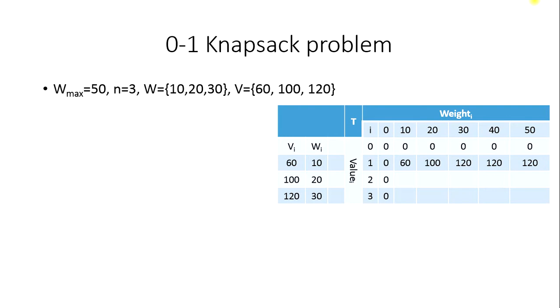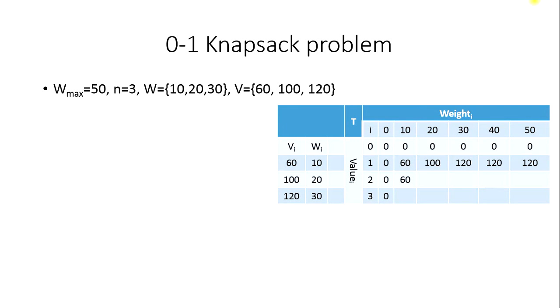What about the second scenario? The next row means i equals 2. That is, you can now add two items into the bag, the first item or the second item. That's up to you. You can choose any of the items from the given three, based upon the weight that needs to be filled in the bag. So if you want to fill 10 kg into the bag, you only have one choice: you will take item number 1 of 10 kg, and the value will be $60.